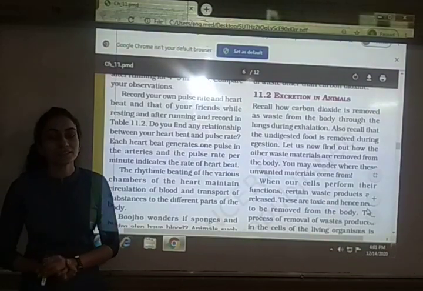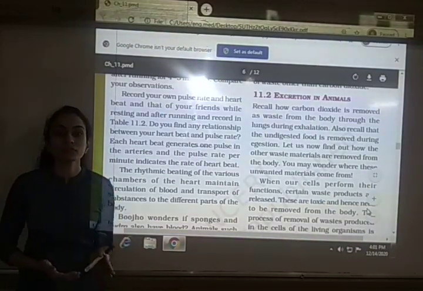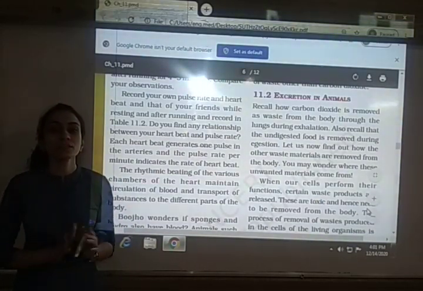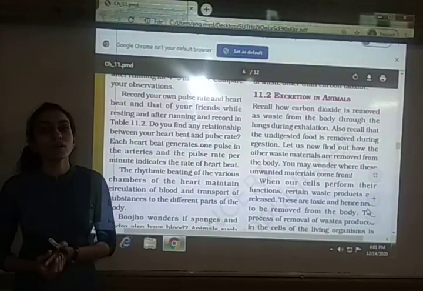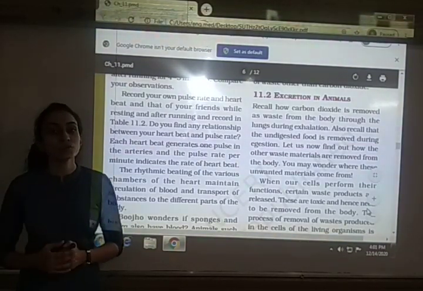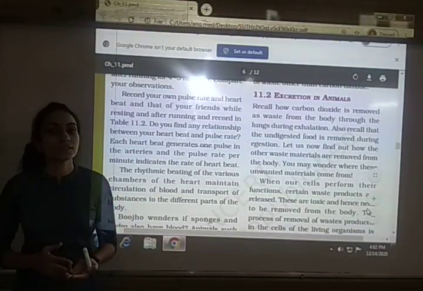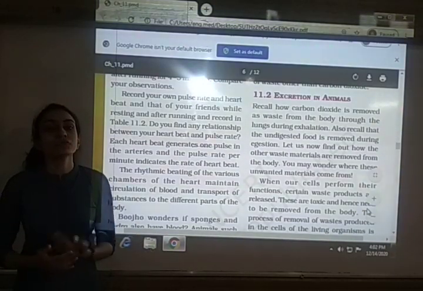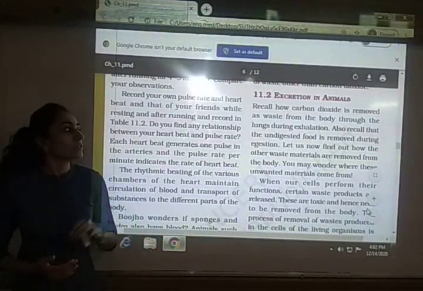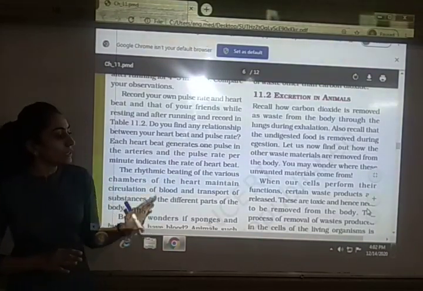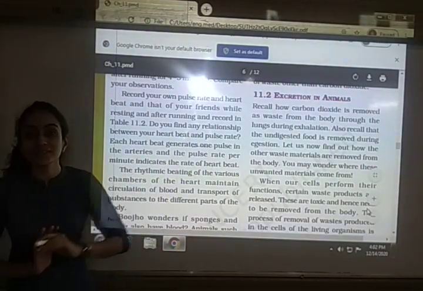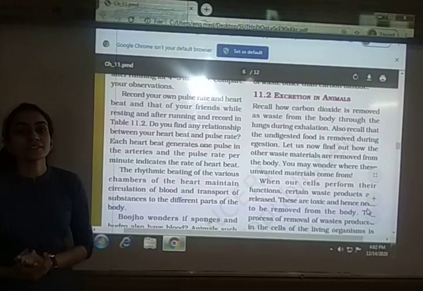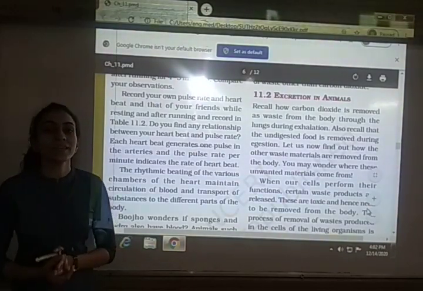Now next is the excretory system. We had seen the system which is useful to transport oxygen and carbon dioxide from one part of the body to the other part. So what about other substances, like the waste produced in our body during certain processes, or the undigested food, or the food which is not utilized by our body? How to transport those substances in our body? For that, the excretory system is there in our body or in animals. So in the next topic we are going to study excretion, or the excretory system in animals.